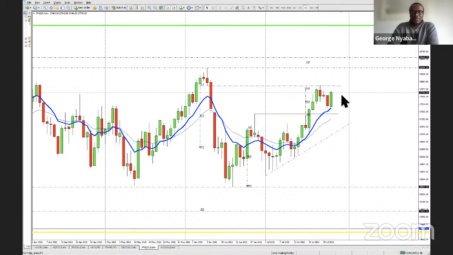So wide stops is something that you can use when you're taking a trade that is likely to fail, but you have to be comfortable with the deep pullback, if the market does a pullback.